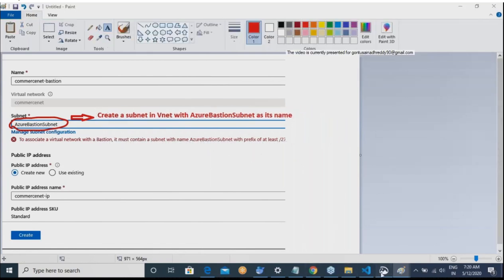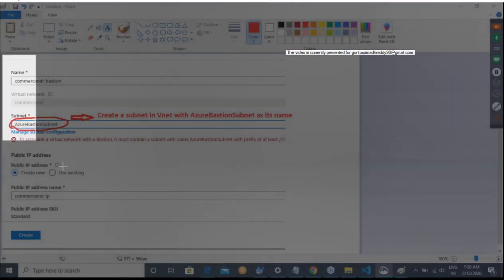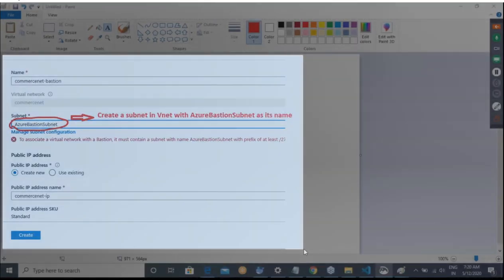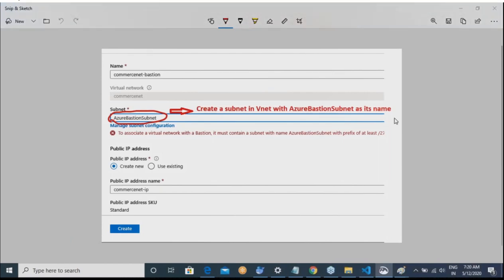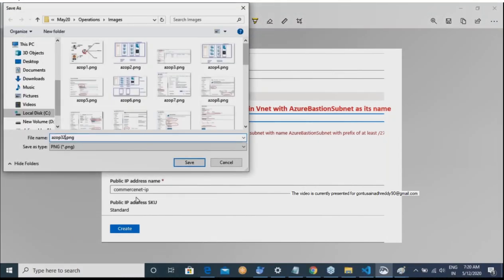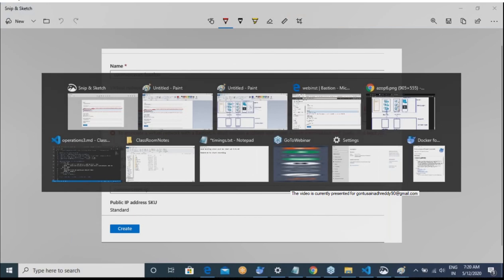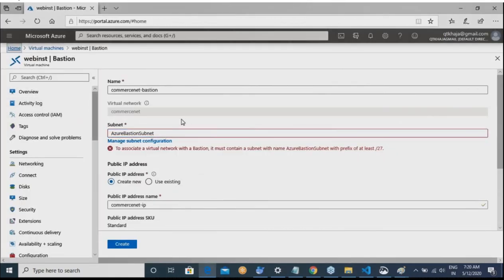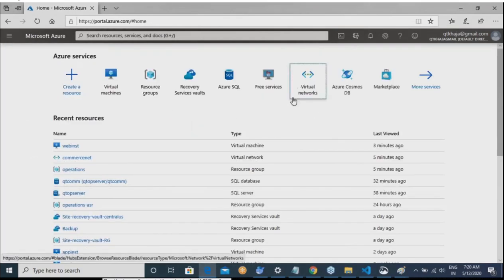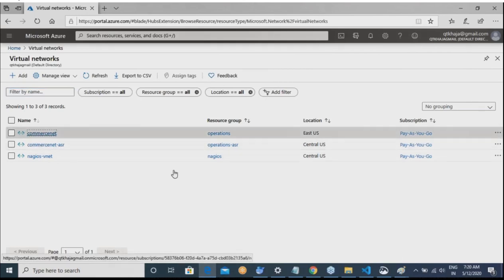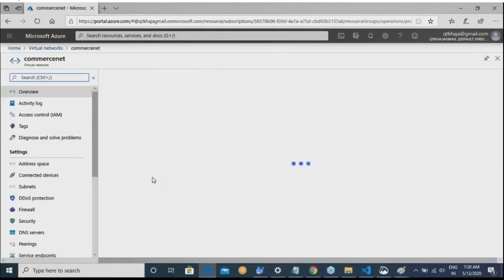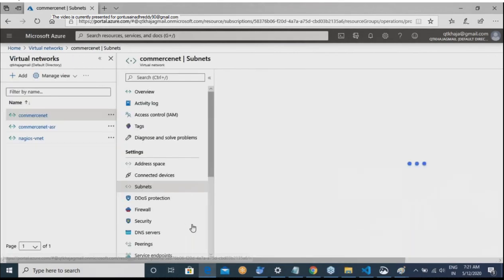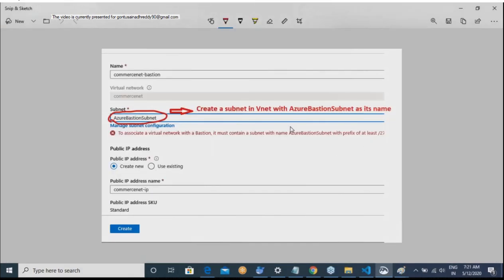Now let me go and create a subnet called Azure Bastion subnet. I'll go to home, then virtual networks. If you remember, our network's name was CommerceNet. I'll go to subnets. What is the name it should have? Azure Bastion subnet.